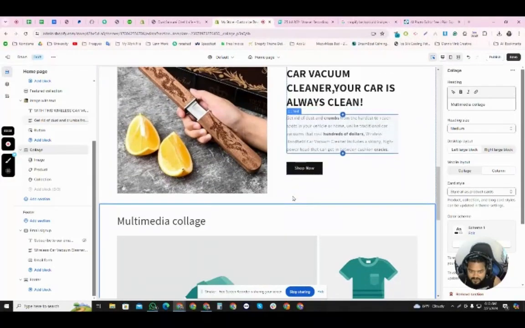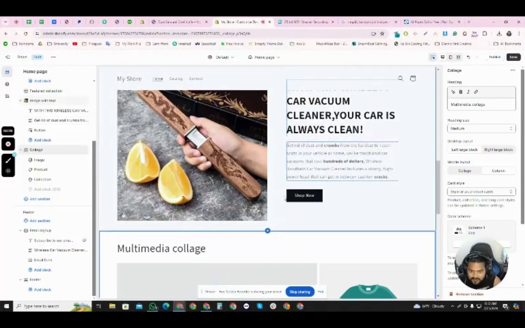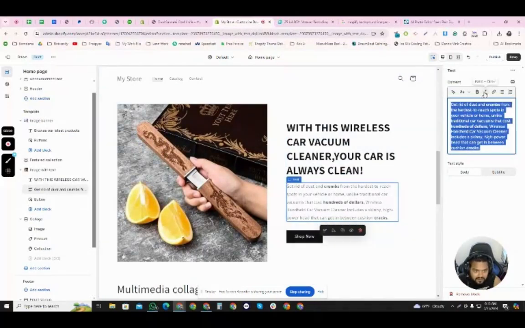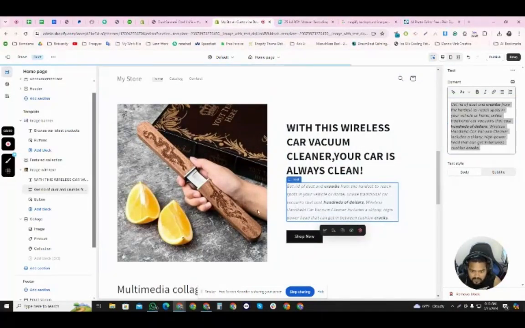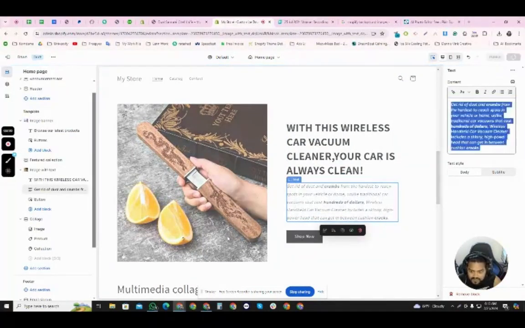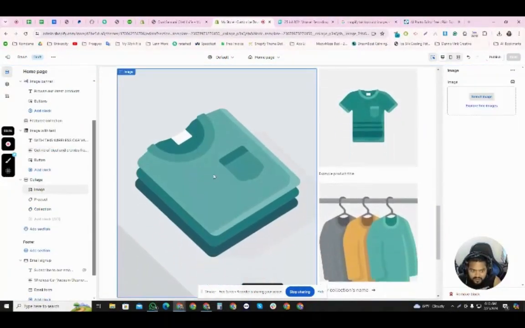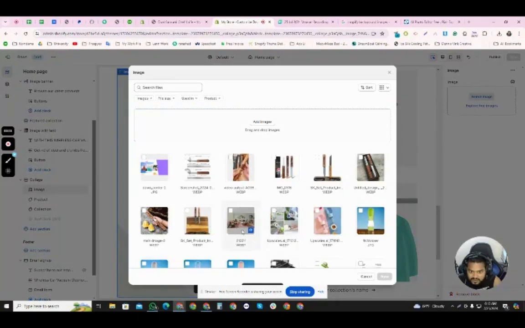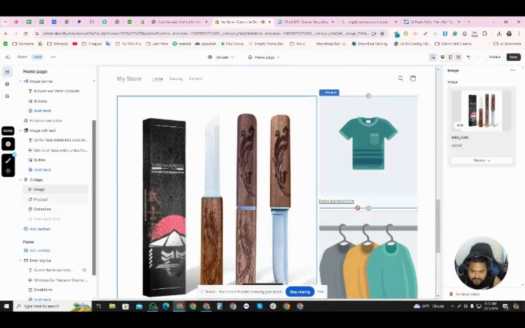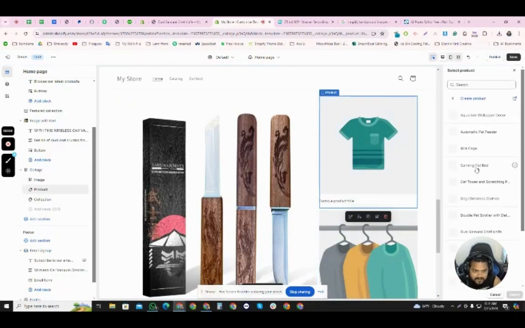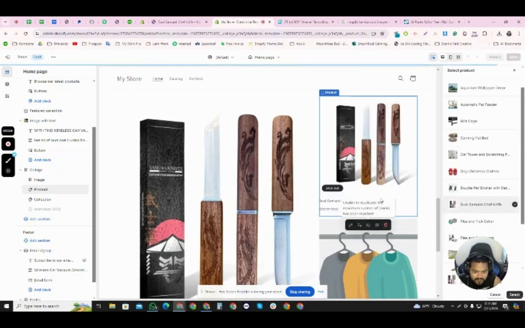And then to make this system look very professional, I'm going to select the image and make it its own image. Good. I'm going to select the product, this one, because